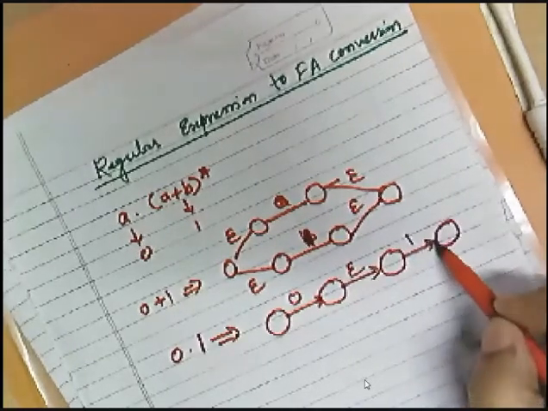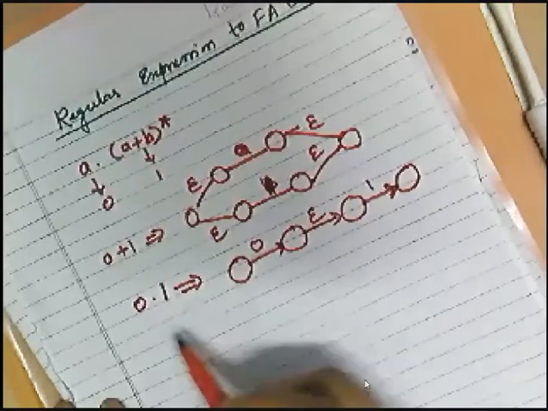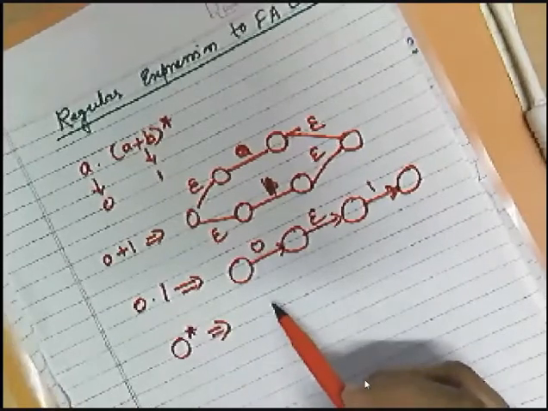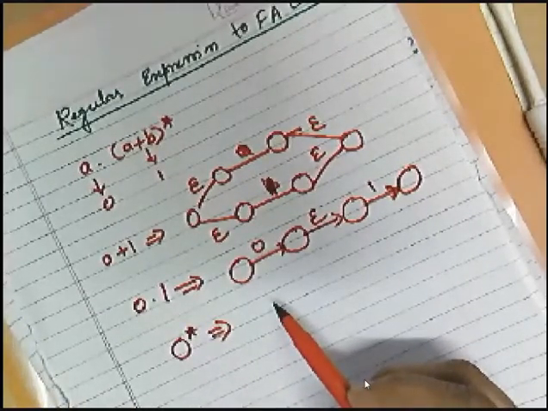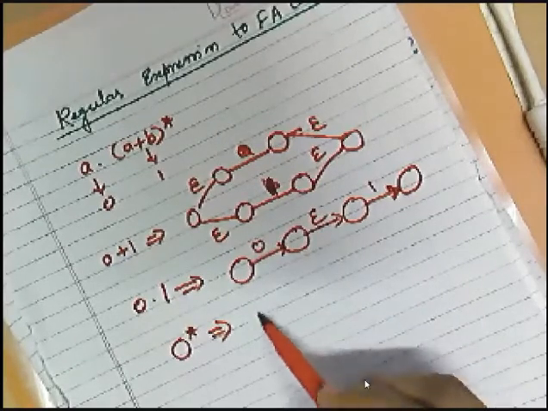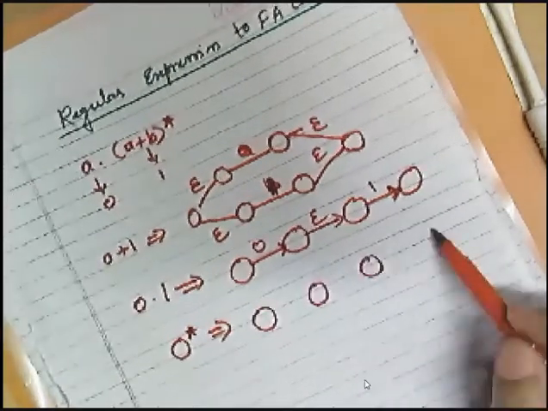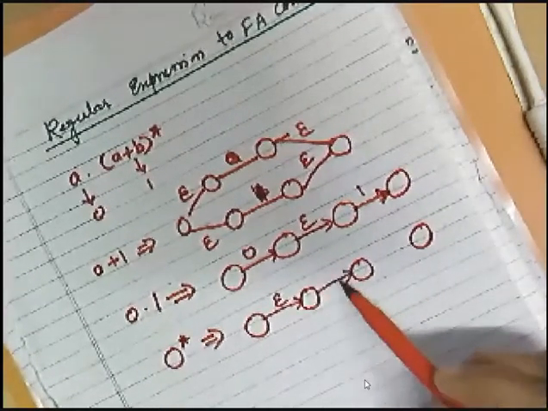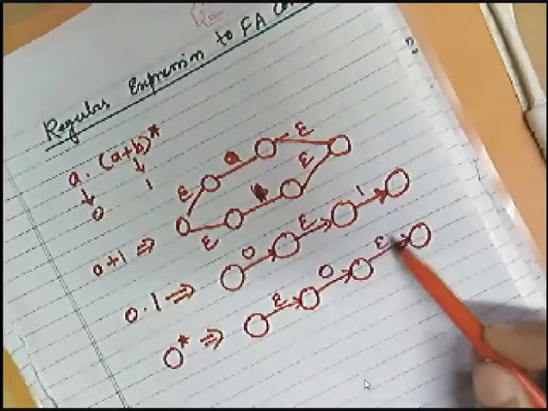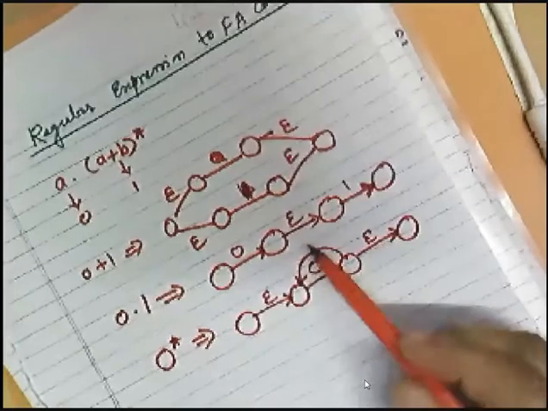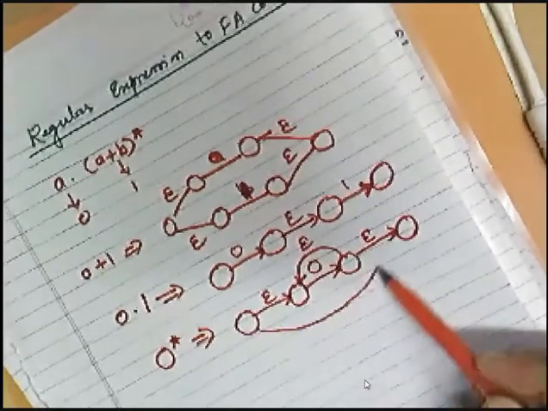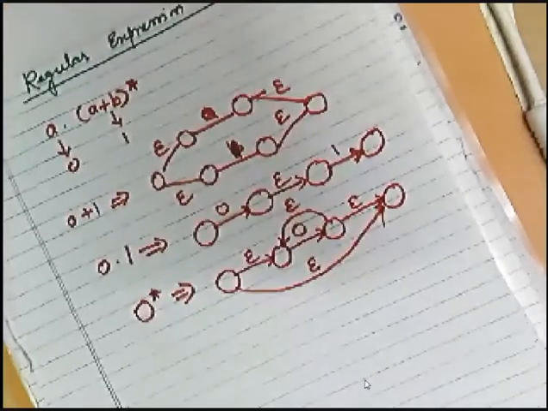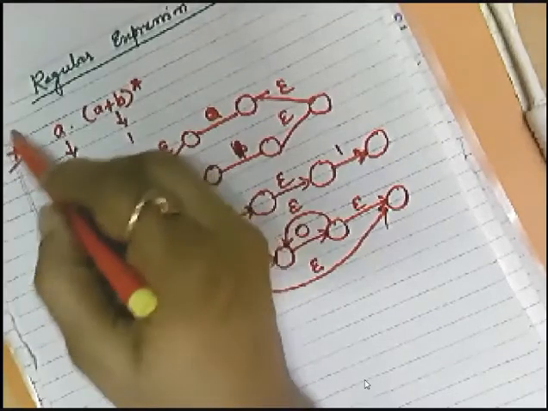So this was our representation, which representation? Concatenation. And then 0 star was, we had how many states? We had the 4 states, right? 1, 2, 3 and 4. And then there are how many epsilon moves? There are 4 epsilon moves. Okay, one is like this, and next is like this, which will be again with the epsilon. Now we have to use this to express this particular problem.